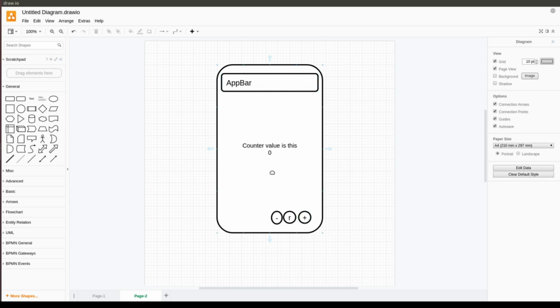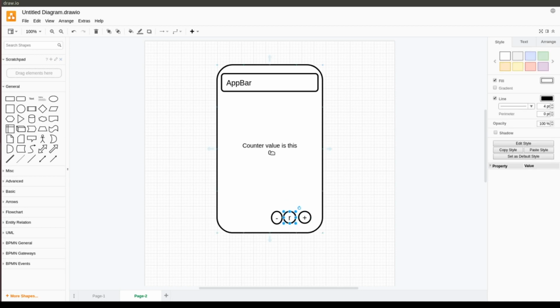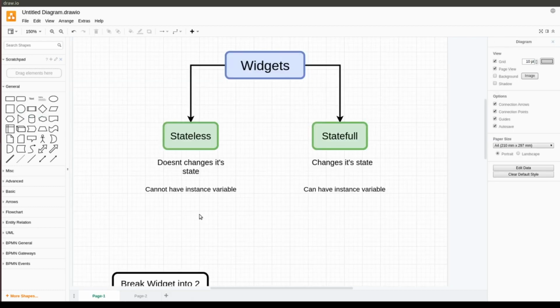What it does is it has a counter on the screen, and whenever one of the buttons on the bottom right corner is pressed, some action happens over here on the counter. Let's suppose that we press this button on the extreme right, the counter will increment by 1. The button in between will reset the counter to 0, and the button on the extreme left will decrement the counter by 1. So let's begin with the coding part,